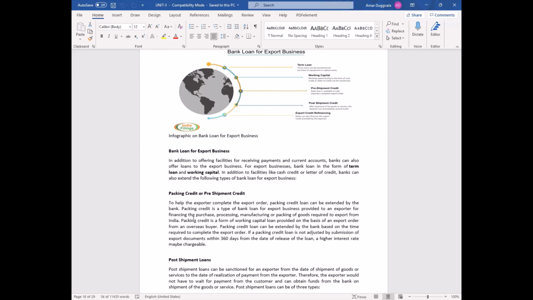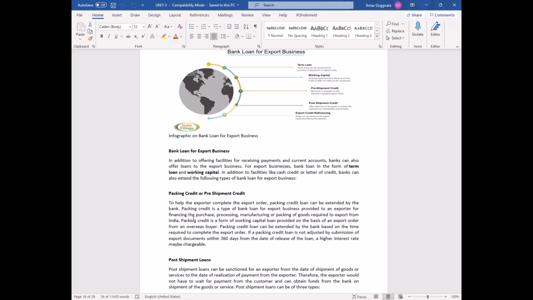So when you are going for packaging or pre-shipment, you have produced the product, you now want to pack it, you want to make it an interesting package, right? You don't have money for packaging purpose. You can go to the bank associated with export promotion and get the packaging loan. Or you want to transport products from one place to another. This is the first time you're doing it, or you do not have sufficient money in your pocket to transport products to the shipment area. What would you do? You would like to take a pre-shipment credit or a packing credit, right?